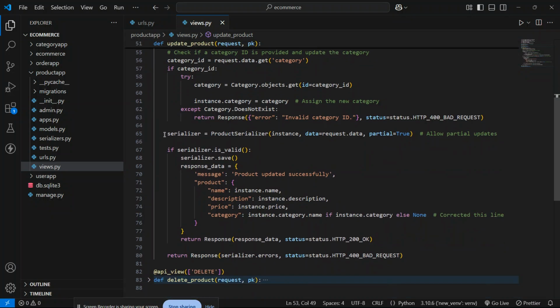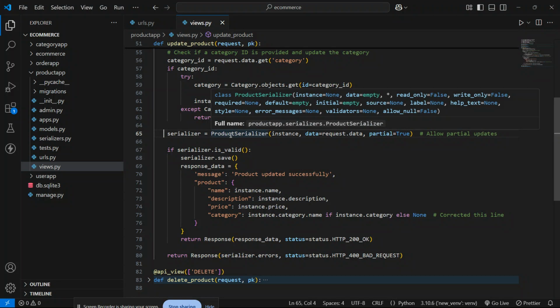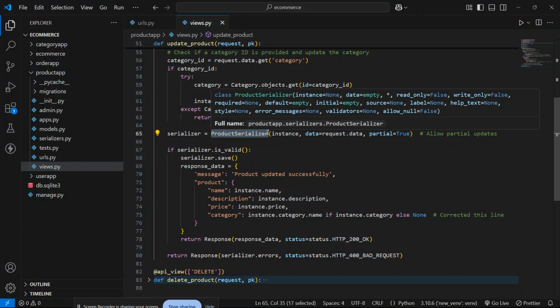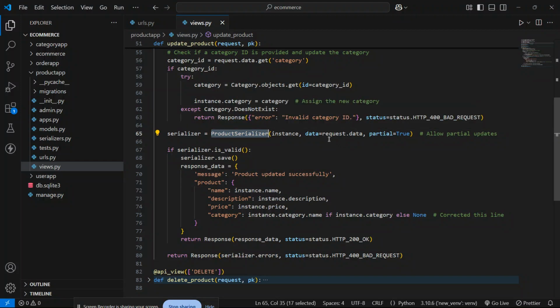And after that we have to again perform serialization. So for that we have to allow the partial update. So for that reason, I am taking the serializers, product serializer, and inside that I am passing the request.data, and partial equals true because we have to allow the partial updates.